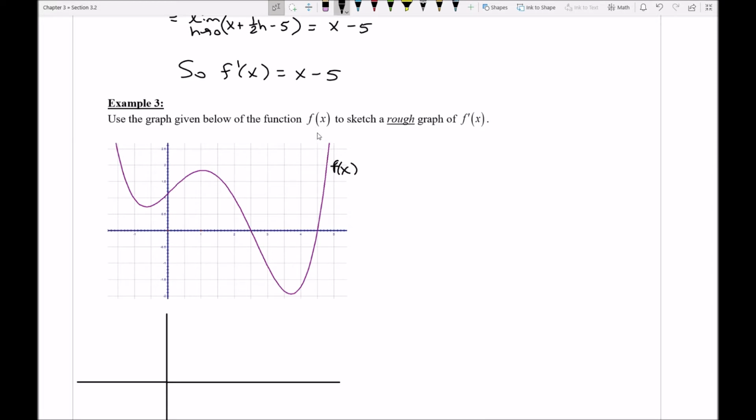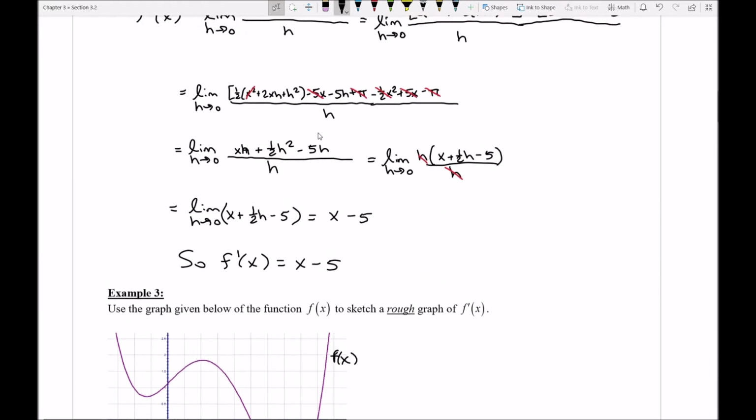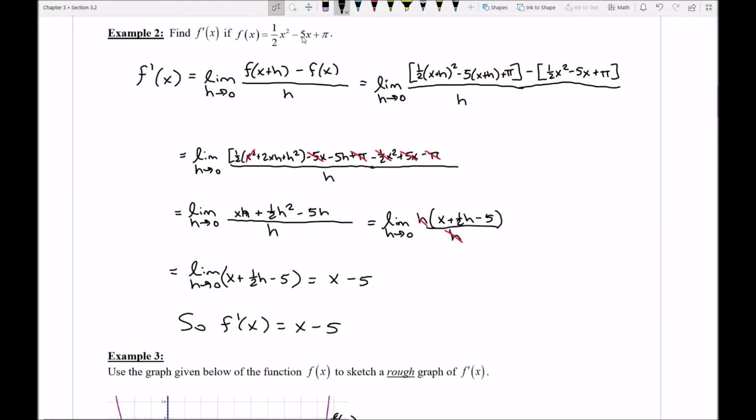And the way that I understand how to do this is by keeping in mind the relationship between the function f of x and the function f prime. Now, that relationship again is that, remember, the derivative represents or calculates the slopes of tangent lines on the original